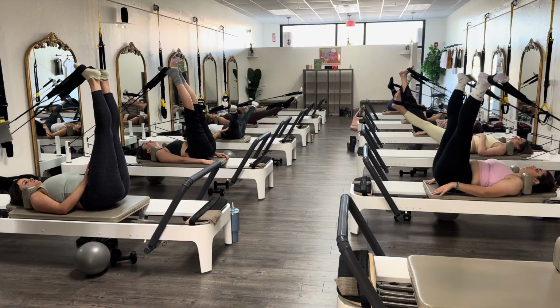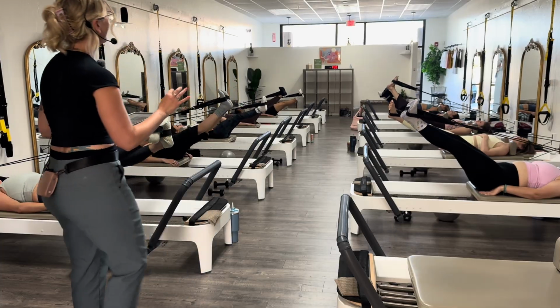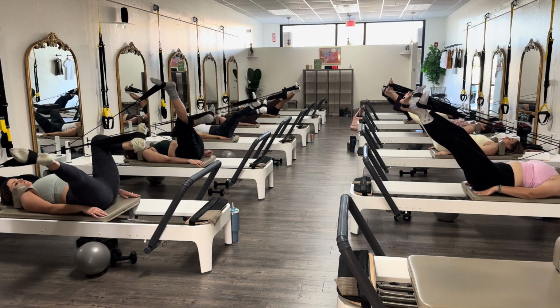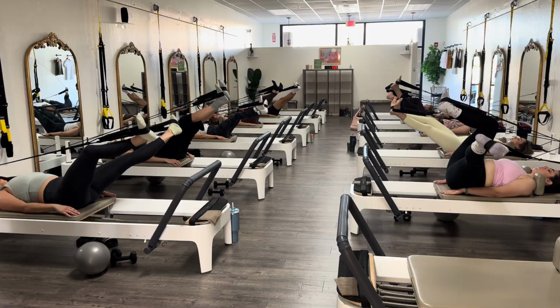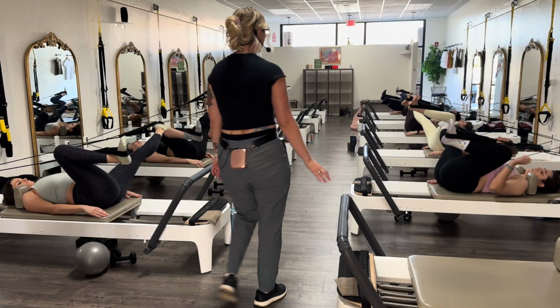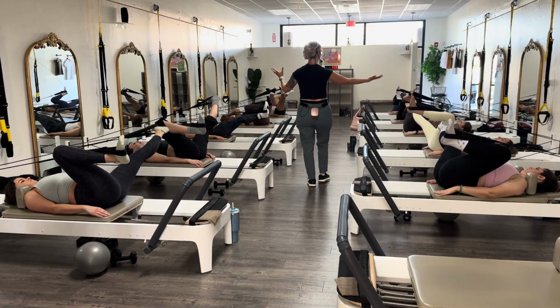Next time your legs go down toward the foot bar, pause. Heels together, toes apart, Peter Pan. We'll bend a knee in, reach a leg out, push, pull back to the middle, and open the other way. Now open out to your Peter Pan, hold it. When you press back to the middle, I want most of the tension in the straight leg as you adduct